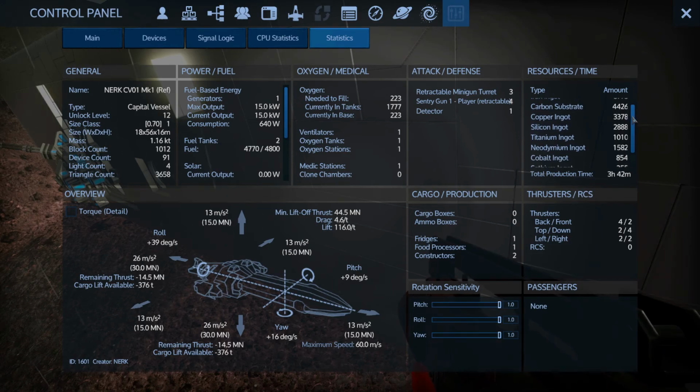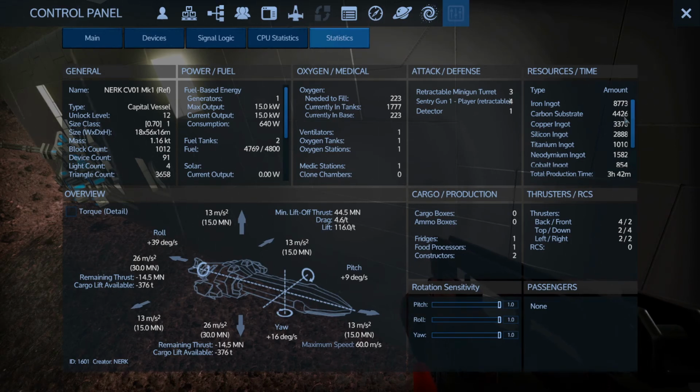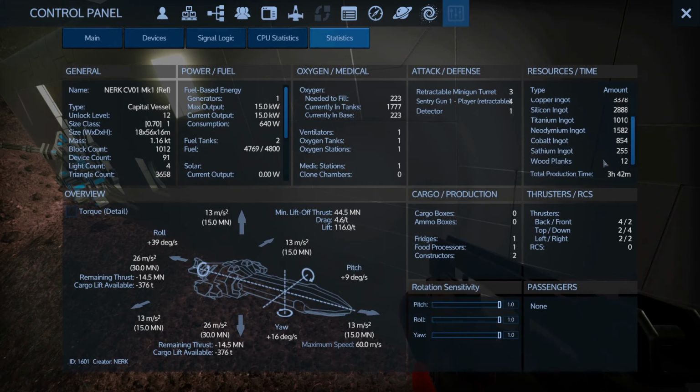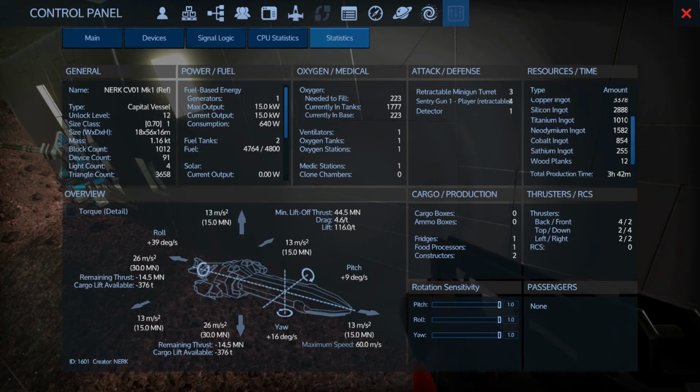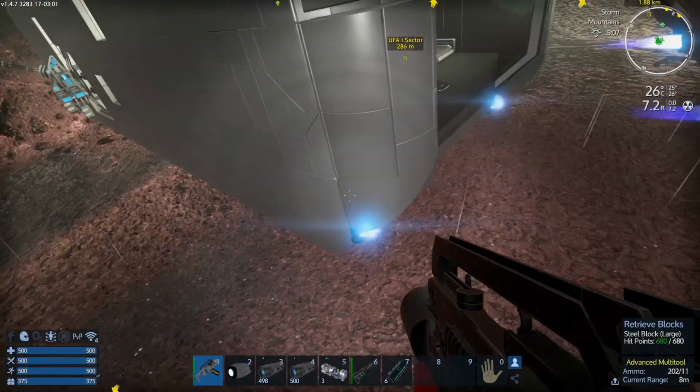Now, cost-wise, it's not too bad. We got about 9,000 iron. Again, the carbon substrate is going to be the real bottleneck here. Starting out how I am, it's kind of ridiculous. 12 wood planks. That means that I would actually have to go find logs, because I don't think I can make wood planks out of plant fiber. Yeah, in fact, I know I can't, because wood planks break down into plant fiber, so not looking good to start with. Its unlock level is 12, which it does have going for it,